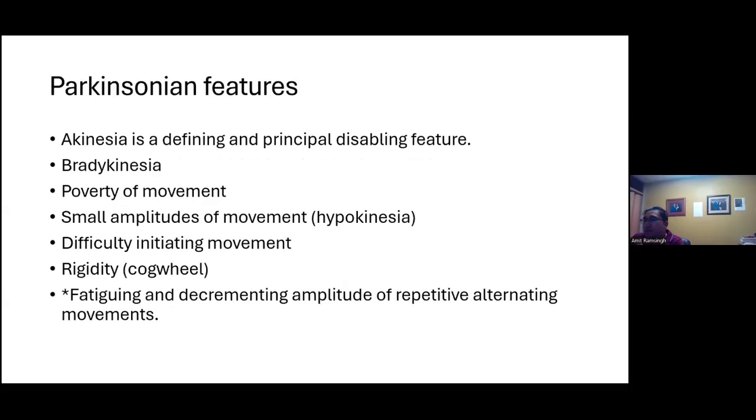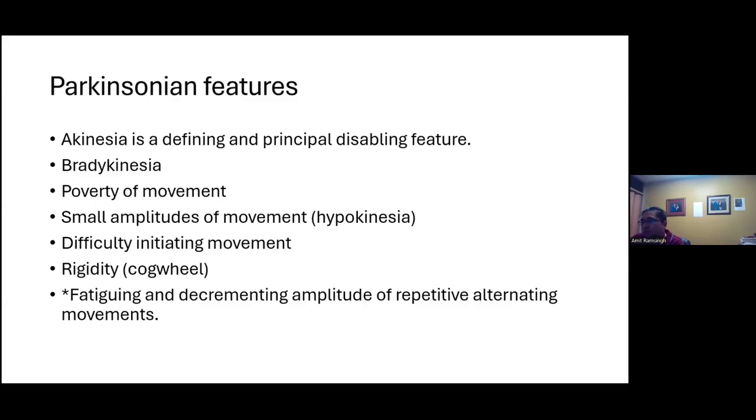So Parkinsonism and Parkinson's disease. What are they? When we refer to a patient as being Parkinsonian, it doesn't necessarily mean that they have Parkinson's disease, but they have a constellation of signs and symptoms. So they are akinetic, which is usually a defining and principal feature of being Parkinsonian. Bradykinesia, meaning that there's poverty of movement, right? Small amplitudes of movement, or hypokinesia, difficulty initiating movement, rigidity, usually of the cogwheel variety because of a superimposed tremor,